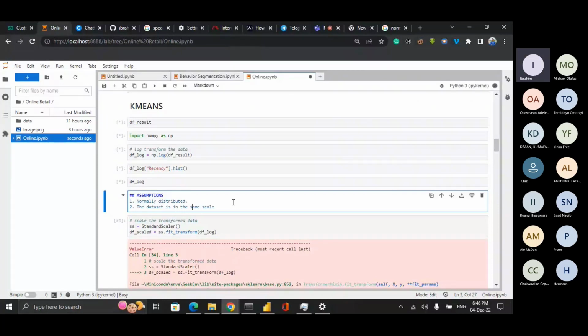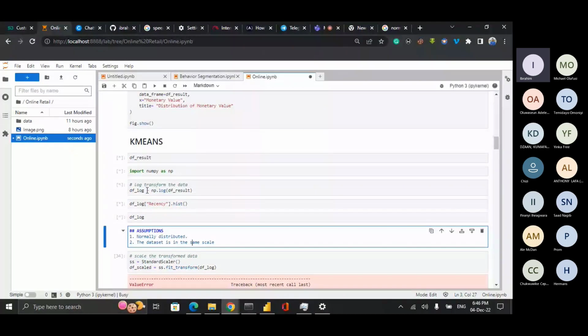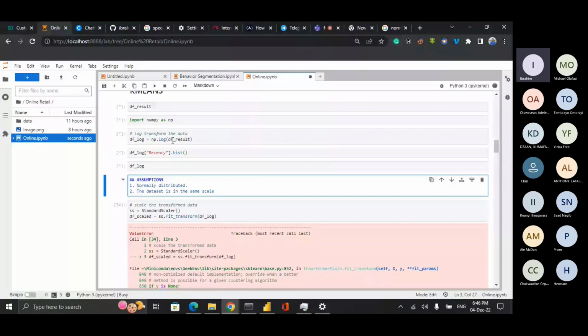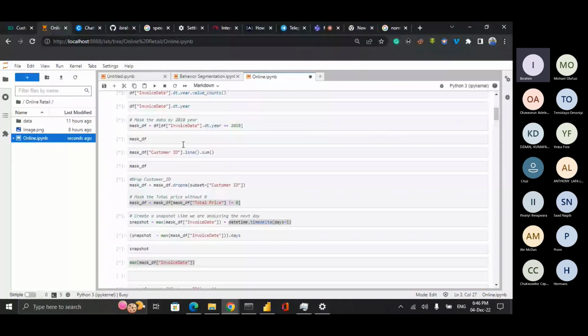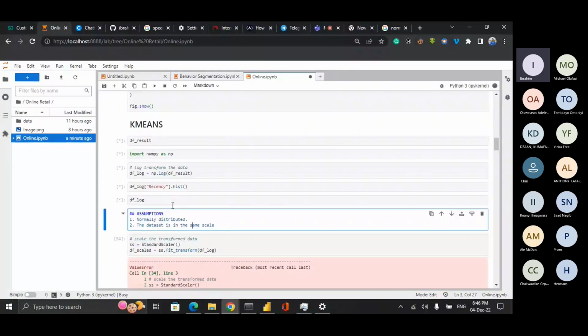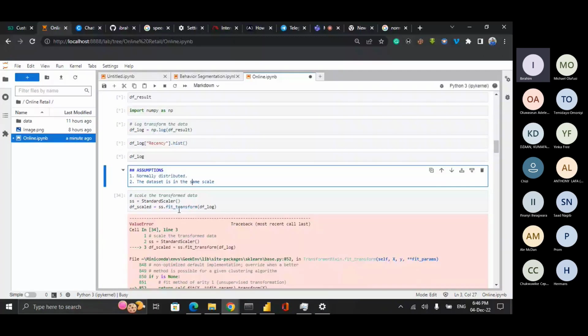So that is what we'll be doing here. So firstly, we want to transform it, because we see from here that the data set itself is not normally distributed. We have some outliers. So firstly, we need to transform it. And one of the ways you can use to transform it is using the logarithm transformation. And the next thing is to make sure that the data sets are of the same scale. What the scale means is that the mean of the entire data set is 1, and the standard deviation is 0. So that is what,